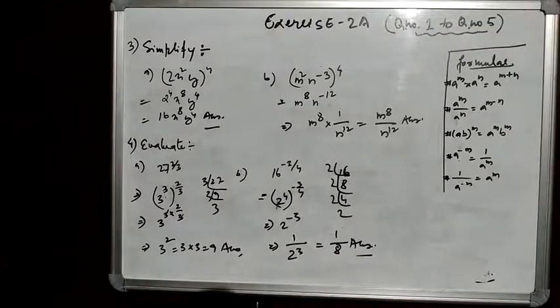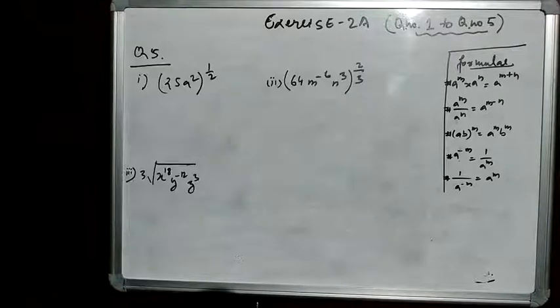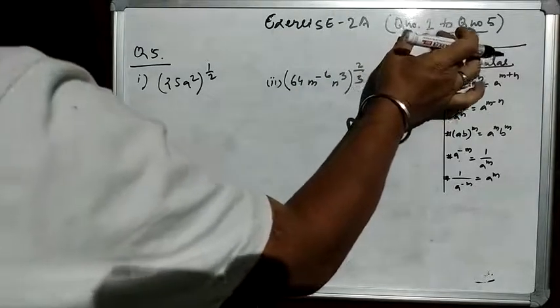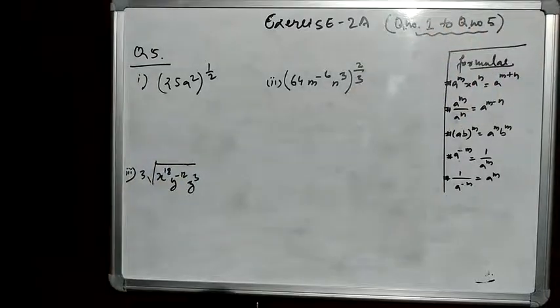In these questions we have to look at the formulas, because if you don't go with the formula, that will make a problem afterwards. So while solving these questions, just check the formula which is given beside the questions. Now we will do question number 5 that I said before the exercise started, that today we will do question number 1 to question number 5. So this is the last question, then we'll discuss the rest of the questions in the next video.